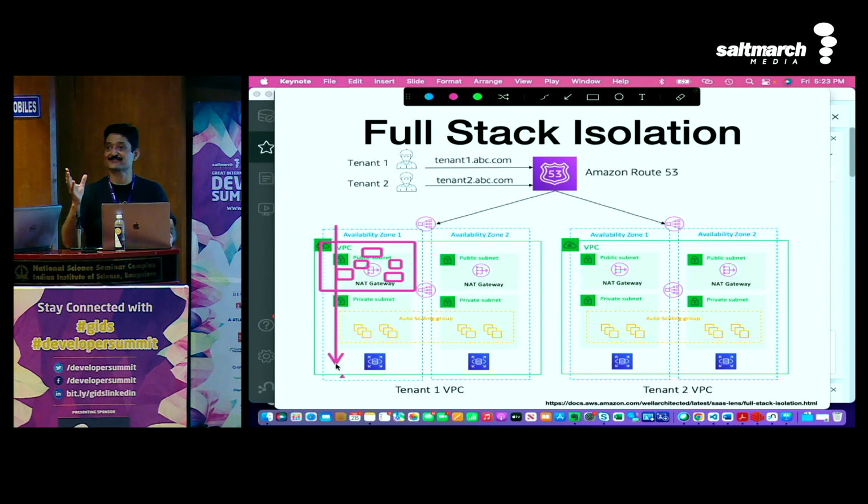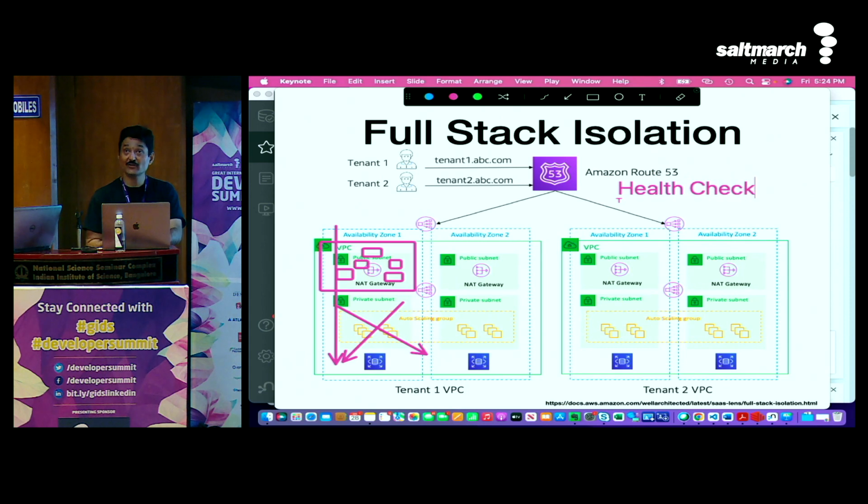Now, when I say blast radius, what does blast radius mean? Blast radius means that this thing goes down. When this thing goes down, then in Route 53 I'll not route the traffic to that, okay? So how can you tell that this is going down? In Route 53 you can check with a health check. Does anybody do that, health check? If you are doing the health check here, you see that the traffic is not moving in here. Now you route the traffic to this location. That's the way you contain the blast radius.